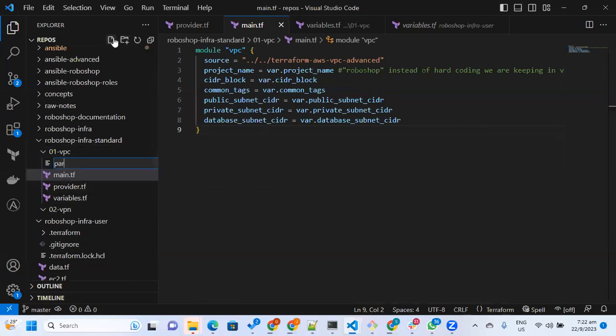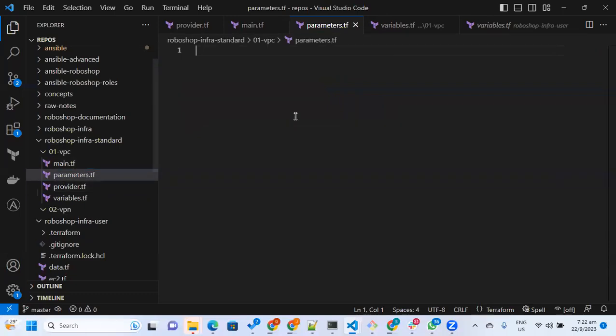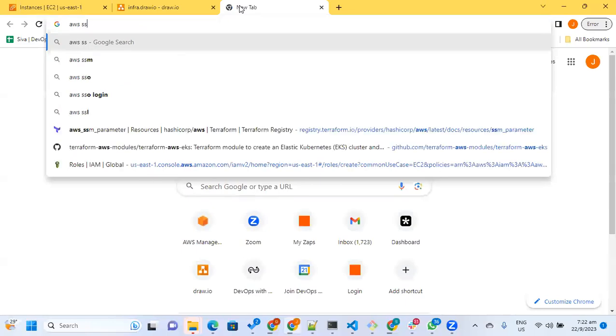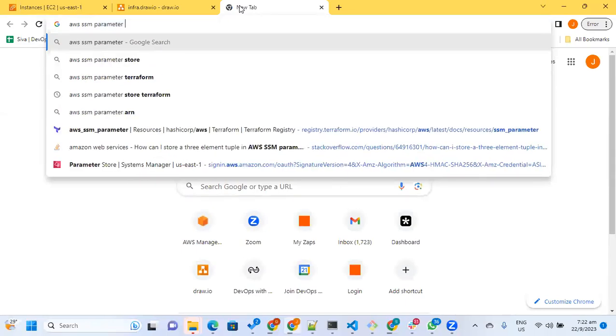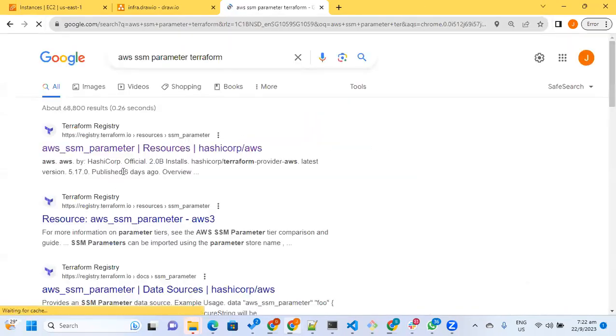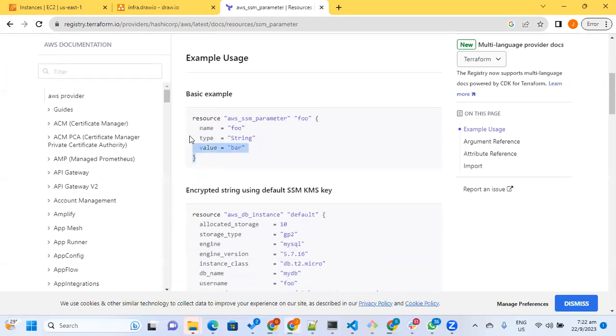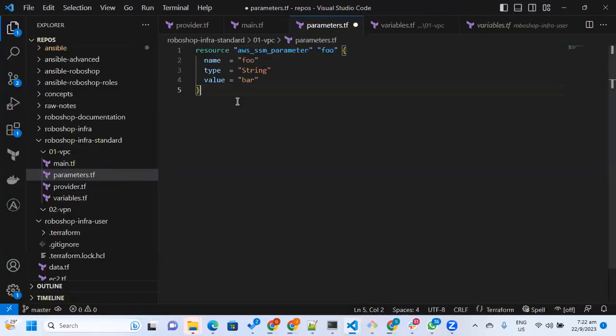Now, as I said, we have to create parameters. Parameters.tf. You know the syntax: AWS SSM parameter, Terraform. This is the resource. Now I'm going to store the VPC ID. So what is the naming format? You can just say like this: var.project_name,